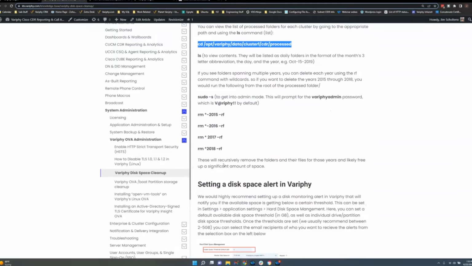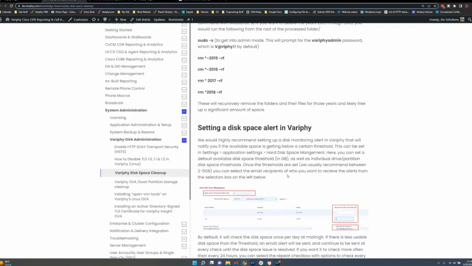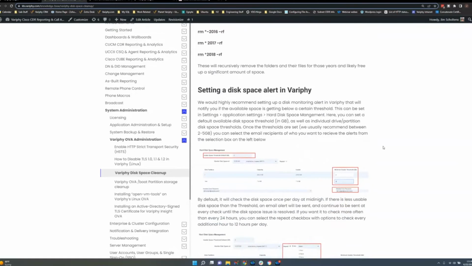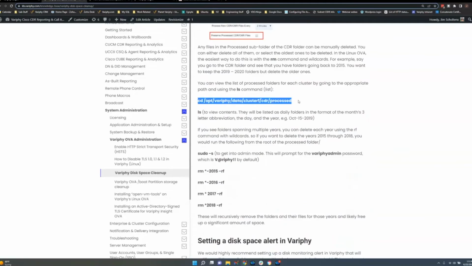So if you have data going back to 2015, 2016, 2017, 2018, and so on, you can delete the whole year of that database to gain some space there. So let's say that you went through all this and there's really nothing you can clean up, not a significant amount, enough to get you back and going. Then what we probably need to do is add space to that drive.